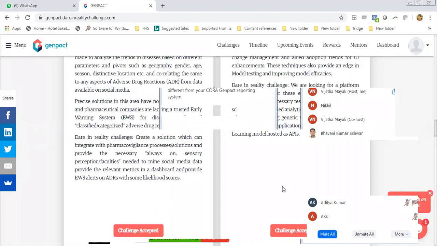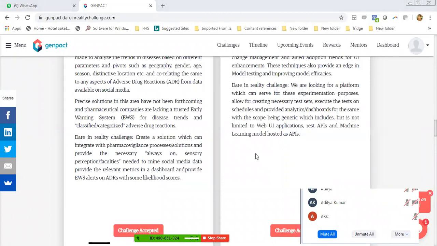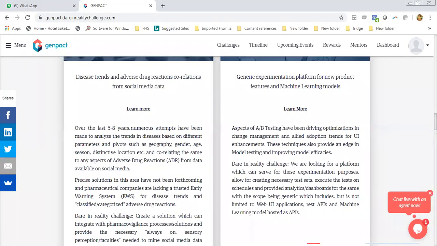So there is a question which is asking about adverse drug reactions. Please Google it. Yeah. So Anjiprit, you can Google for adverse drug reactions kind of use cases. Just to give you the short version of it, adverse drug reactions essentially means that the drug is not behaving the way it is supposed to behave and it is causing something else. It is as good as you being, let us say, allergic to sulfur, and some doctor gives you some medicine which has probably sulfur dioxide or something in it, and then your body reacts to it. So that is an adverse drug reaction.